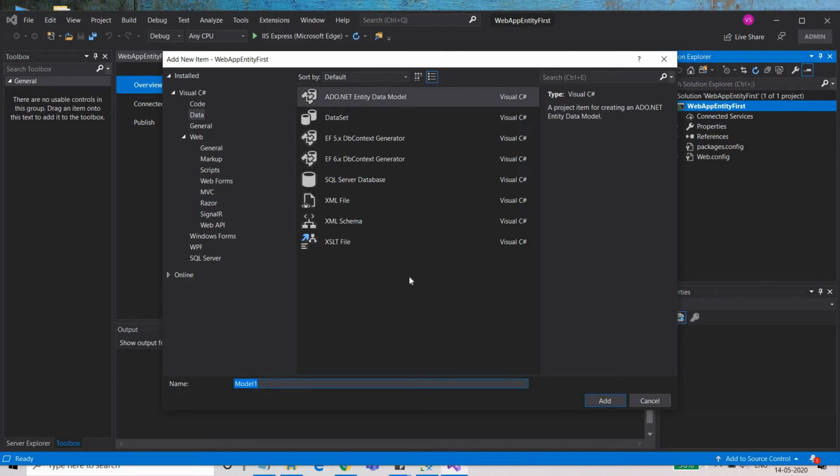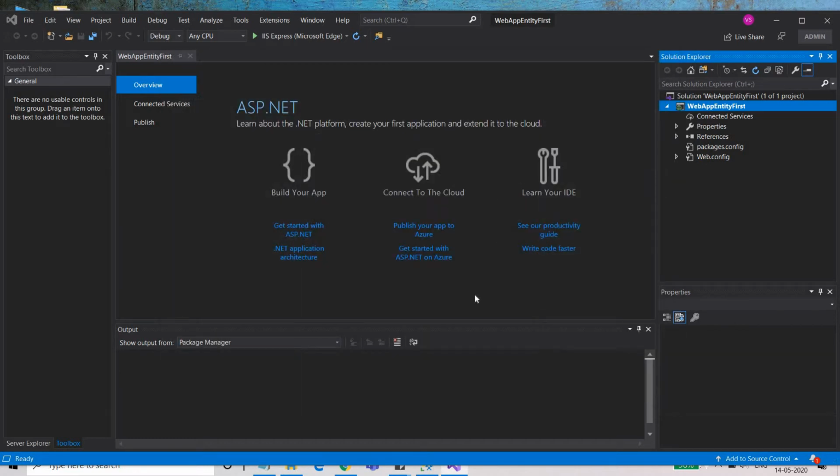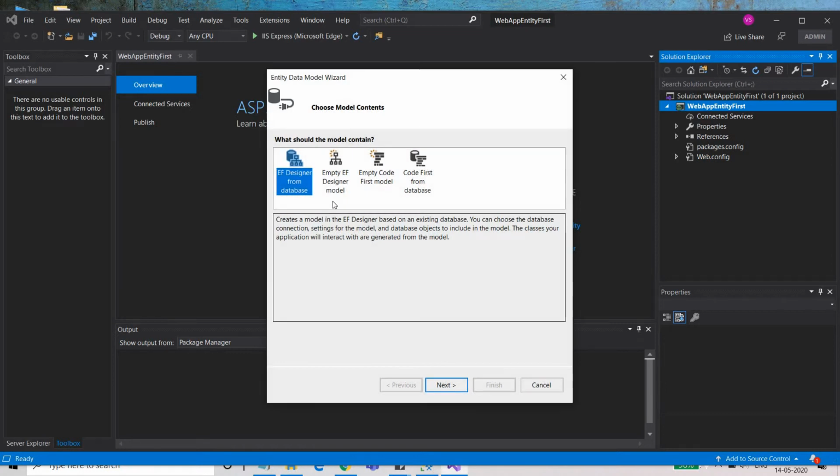So I'm just going to create a login user detail, and then I will select this one, empty EF designer model. This means that we are going to create the entity first in our application, and then based on that entity we will create the table in the database. So we are using this option.